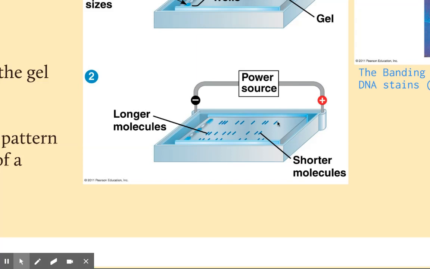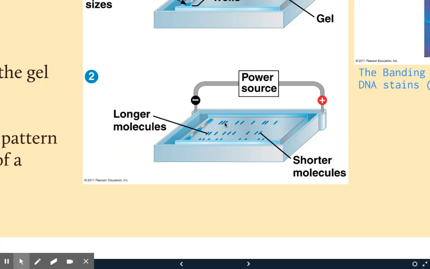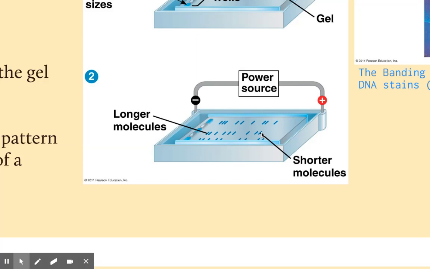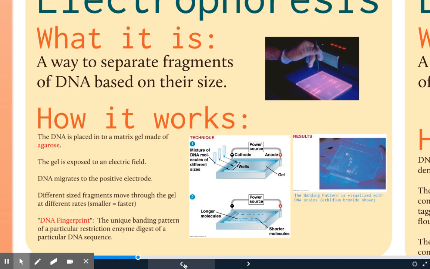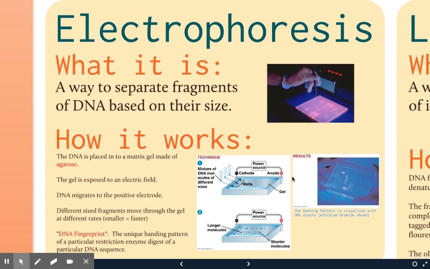Okay. So if I'm trying to figure out who the father is for this one, you compare the banding patterns. So this is what we call a DNA fingerprint. This banding pattern would be the child's DNA fingerprint. And you can take its fingerprint and you can compare them. So you can kind of see these two are similar for these two. They're just slightly off. So it's possible this guy is the father. Maybe it's an uncle. So you can figure out relatedness between organisms when you look at the different DNA fingerprints,